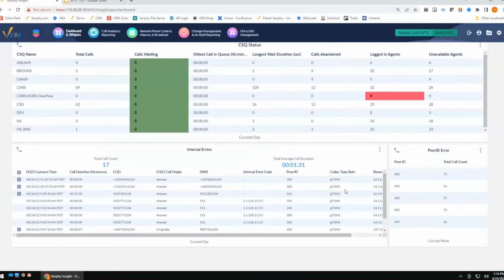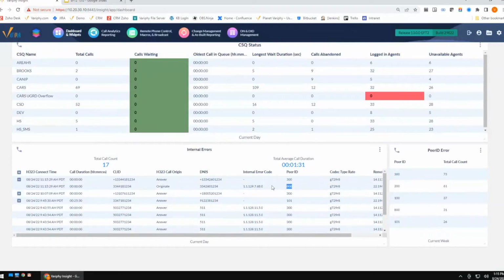So what you're going to see here is I have my peer ID 300 where I received an internal error message. This is telling me that there's 73 calls involved. But it is counting this one. Why? Because it's looking at the entire sequence of events. Now, even though the error code happened with peer ID 800, when we look at sequencing, we look at the entire sequence of events taking place. So we are counting this guy, even though this particular event here is part of the sequence. This is not necessarily where my error took place.